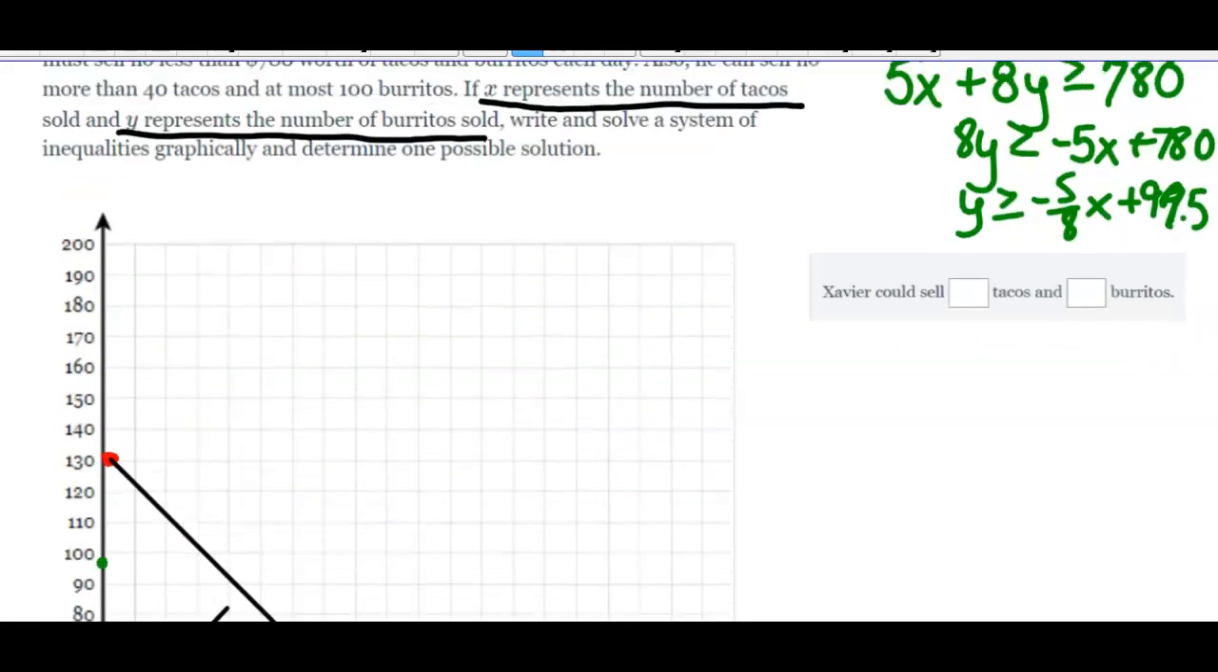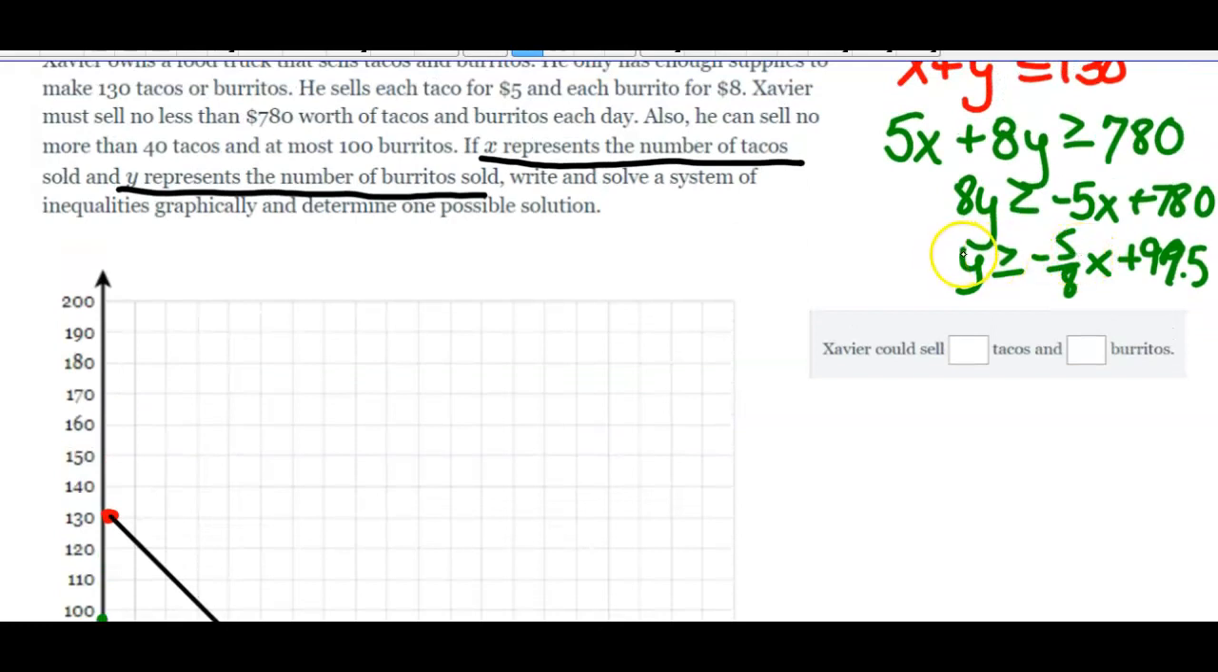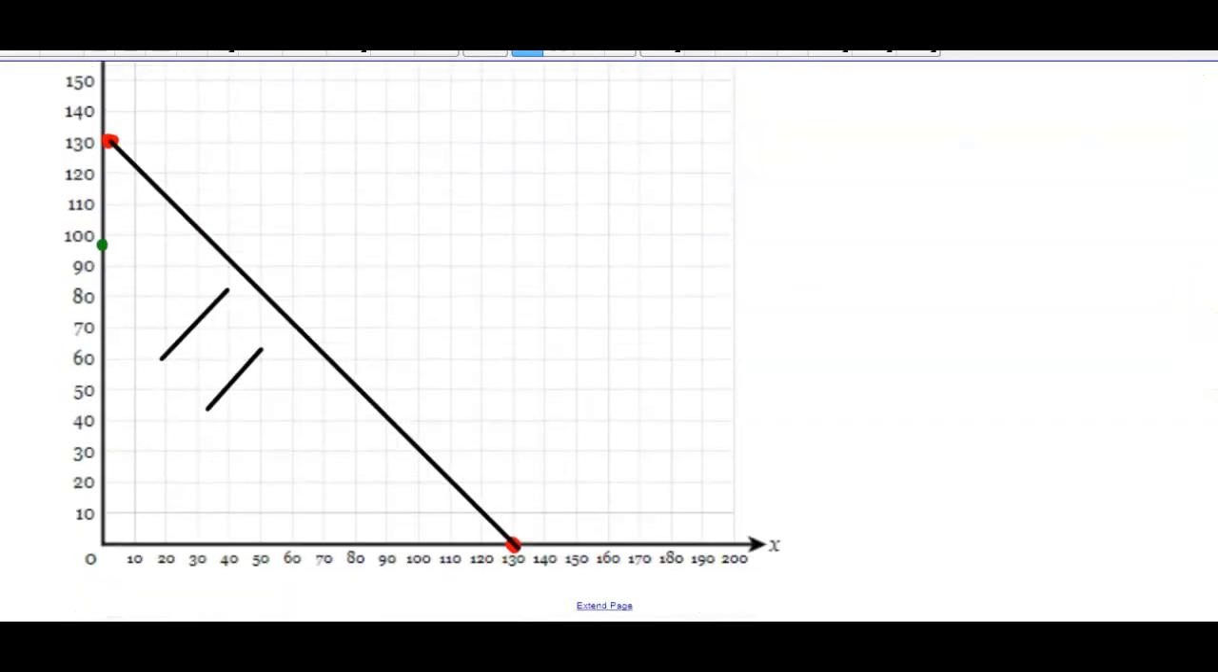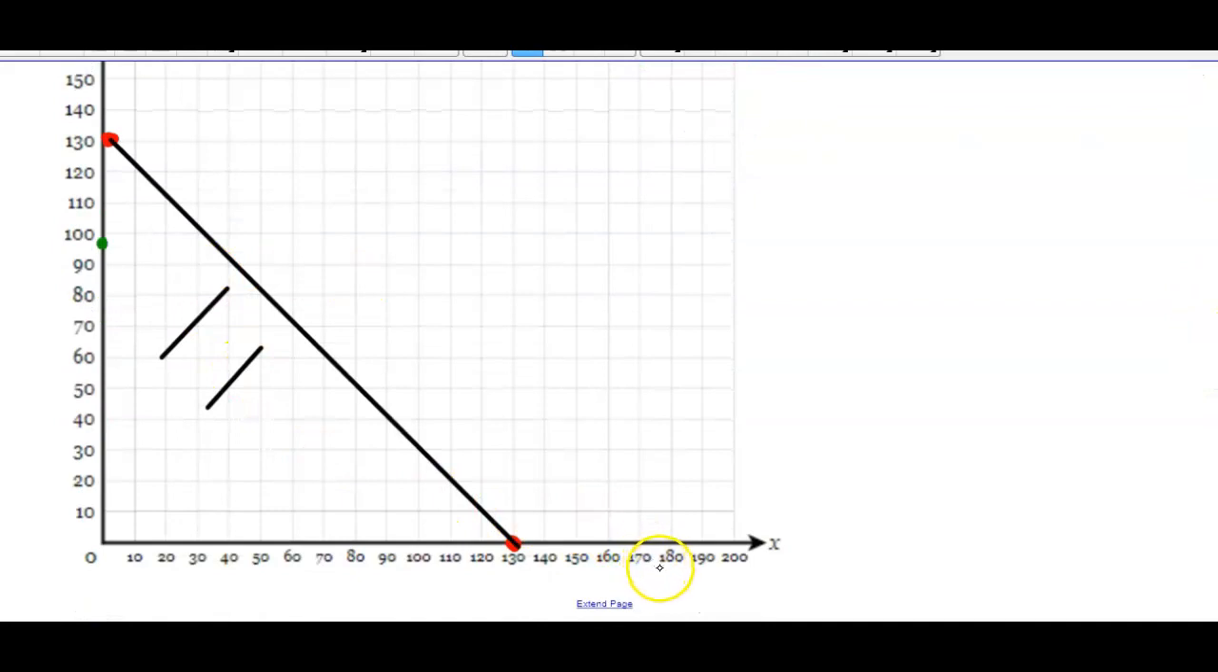Let's see if I can find the other intercept. If you put a 0 in for X, you get out 97.5. But if you put a 0 in for Y, you'd have 780 divided by 5, which is 156. I just want to be able to draw this halfway accurately. So it would go from there to 156. Line tool,